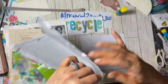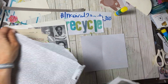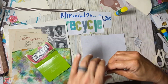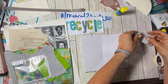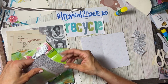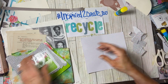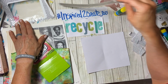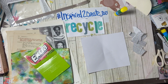I don't know. We're going to collage it. I don't know why, well, I do know why, because I can't think of what else to do, and I'm in this sort of mood. Now, this I'm going to save. I'm going to save the Rolodex card, and I don't know about these punched dot things yet, okay? I am going to take this envelope also, and I'm not showing you the front, but